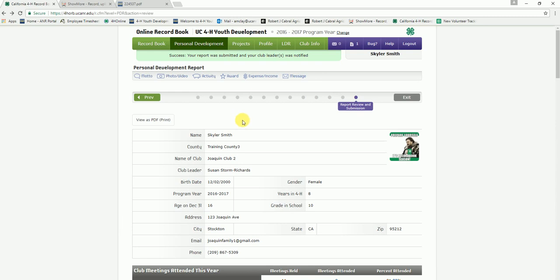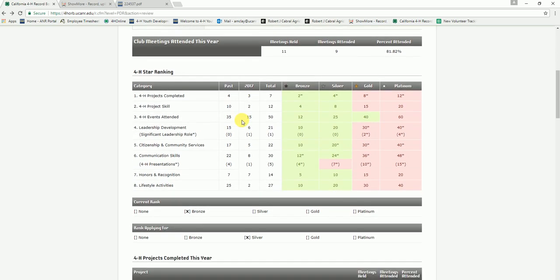So I mentioned a couple of times that you're only supposed to count an activity once, with the one exception being 4-H events attended. You always put any kind of 4-H event you attend in that section. But let's say you took a dish to Food Fiesta and you presented it to a panel of judges and described what you had made and answered questions and everything like that. You could count that as a project skill. You're showing off your cooking abilities, so you could definitely count that